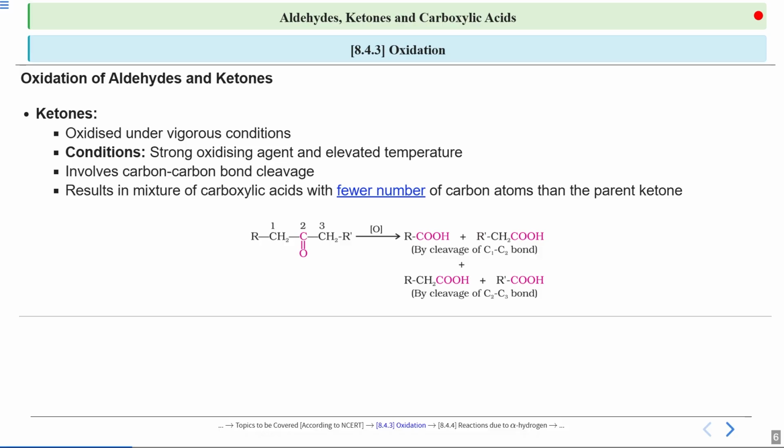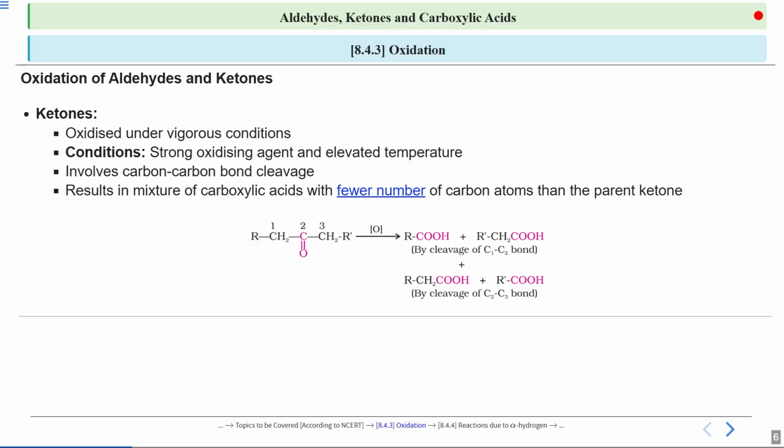When you cleave the C1 and C2 bond, the first one gives RCOOH. That is, this will be oxidized to a carboxylic acid. Similarly, this one, which is C double bond O CH2R, will also be oxidized to a carboxylic acid, so this will give COOH. And now if you cleave the C2 and C3 bond, this is the mixture of carboxylic acids which you will get. The first one will be